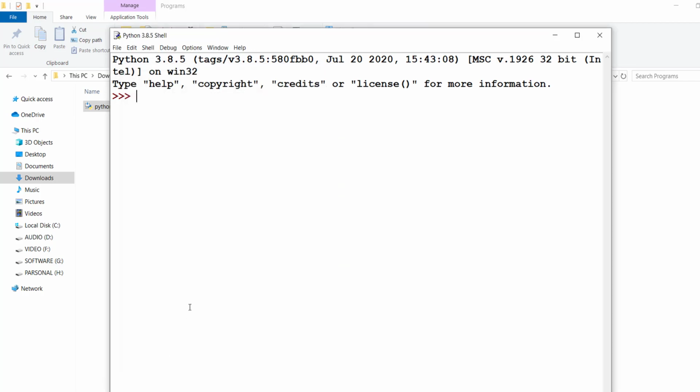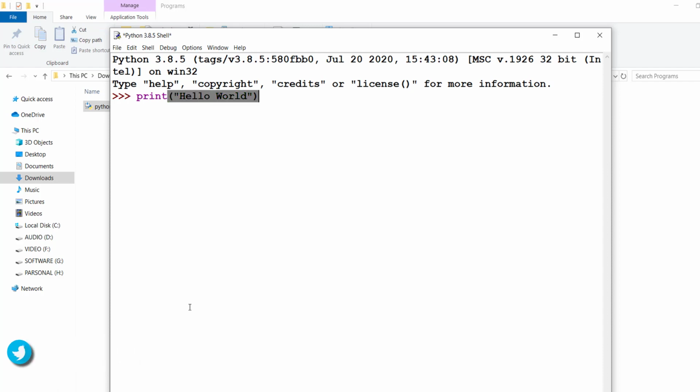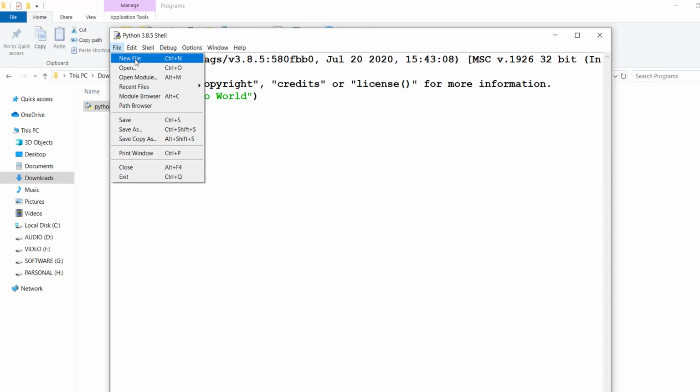So everything is done. Now let's type print, and then inside the print function let's type hello world. Close the string and then close the bracket, and then simply press the enter button. As we can see, we are having the output from the print function. You can also make a file to write more code. For that we just need to click on File and then New File,